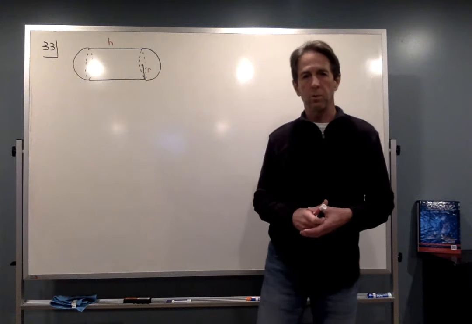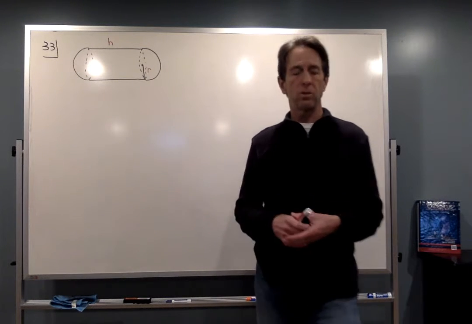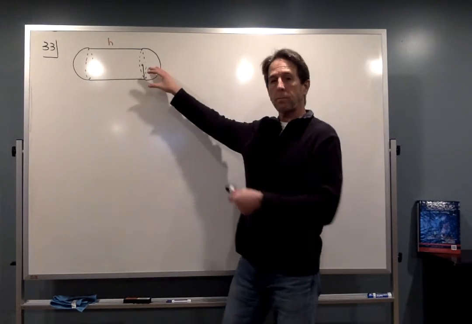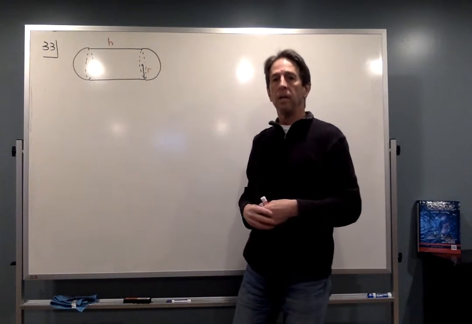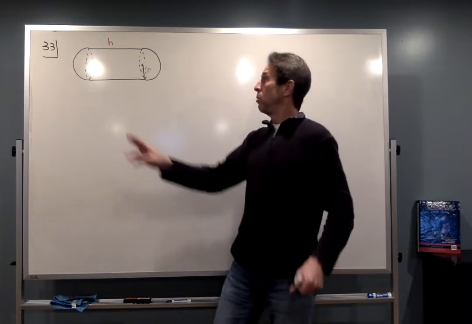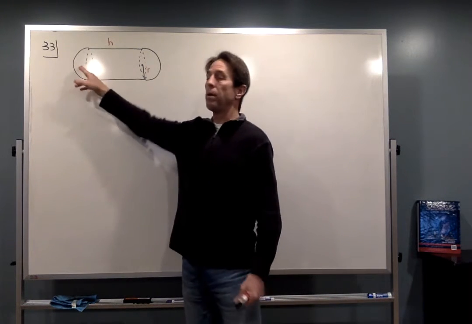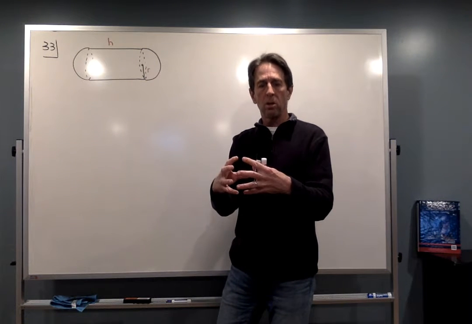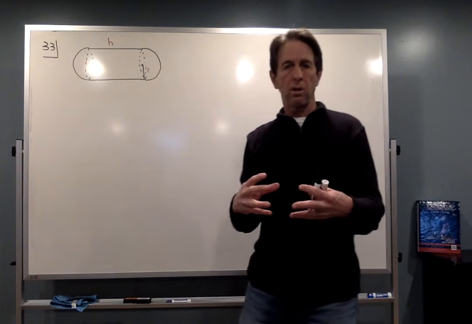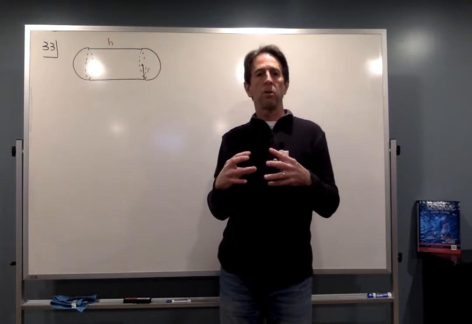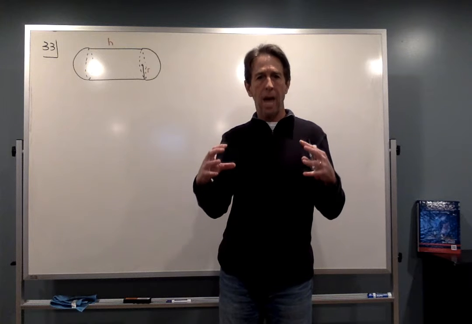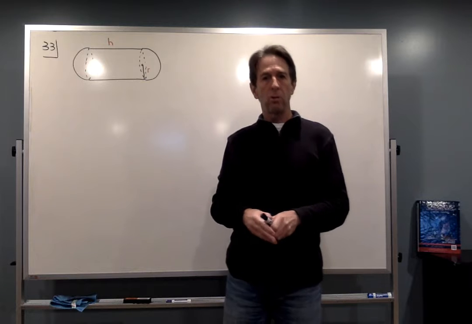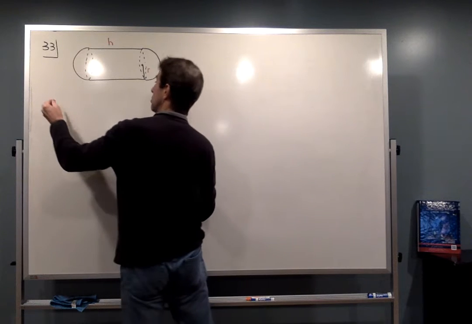The two problems I'm going to look at are 33 and also number 37. 33 is one of the more challenging ones. But basically what we have is this situation. Our goal is to minimize the surface area of this three-dimensional figure. And basically it's like a capsule where you have a cylinder and then on two ends you have a hemisphere. Now when you have a hemisphere on each end, you put it together, you have a sphere. So if we want to minimize the surface area, in other words, we have a certain volume that we want to contain inside this capsule, but we want to use the least amount of material to create the capsule. So if I start with that, minimize surface area,